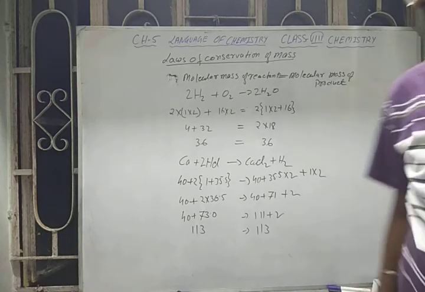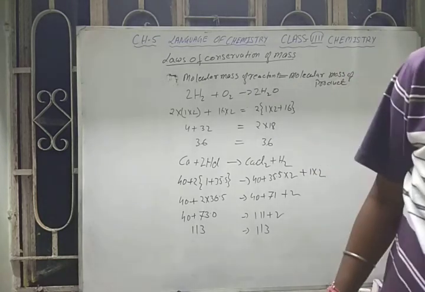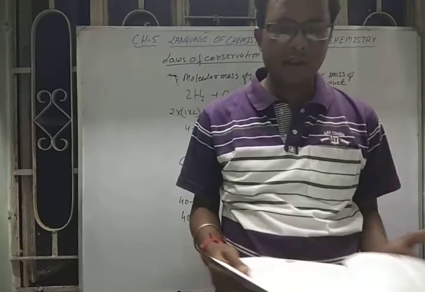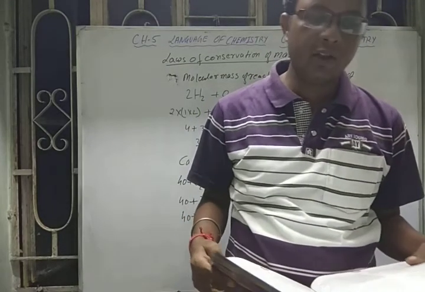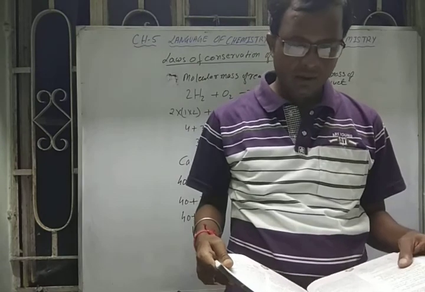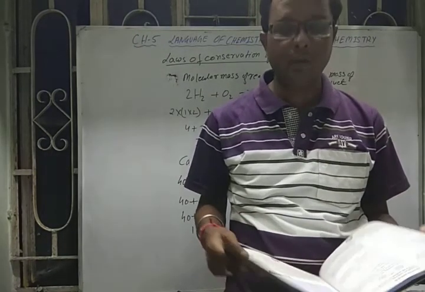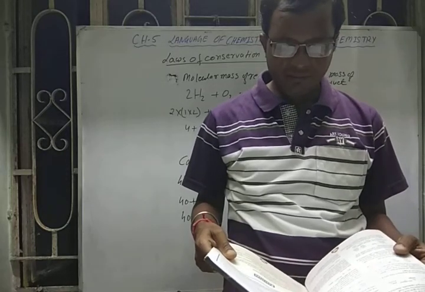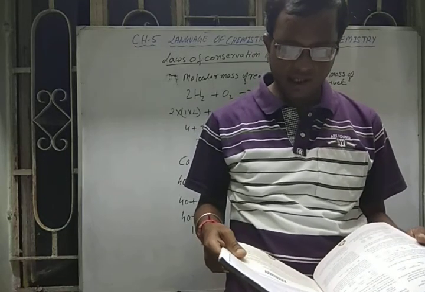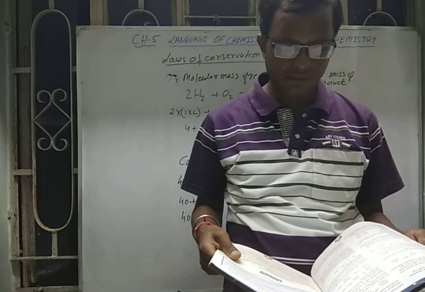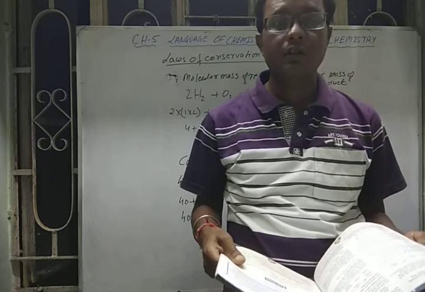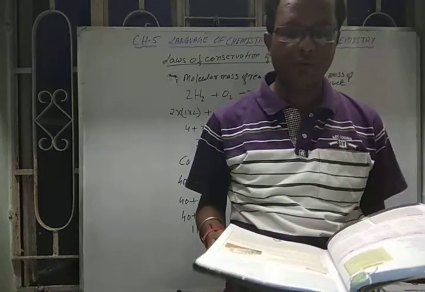Okay, so in this way we see the reaction. In the next video class we will see how to make a chemical reaction more informative. After that few information, our chapter will be completed. Then after we will do the exercise. After doing the exercise, we will do the revision from chapter number 1 again.